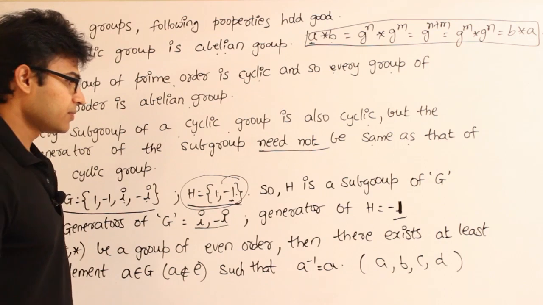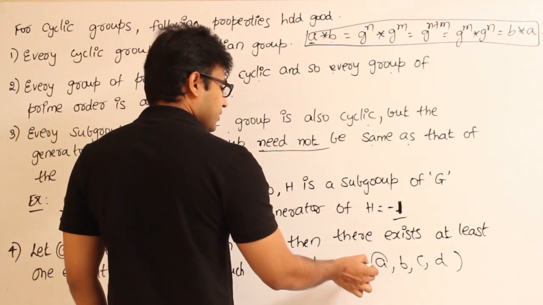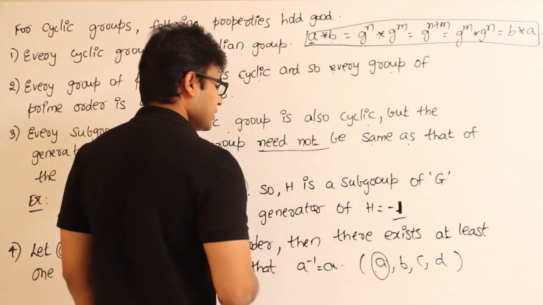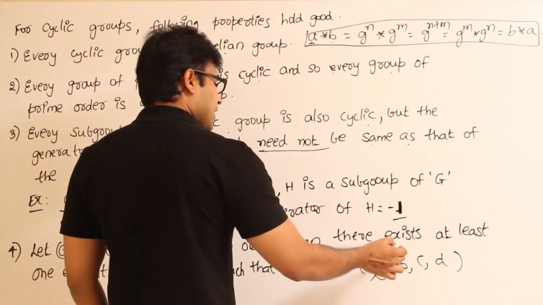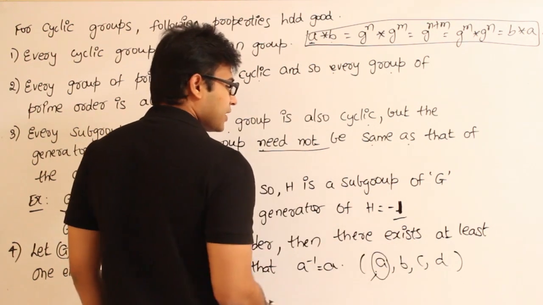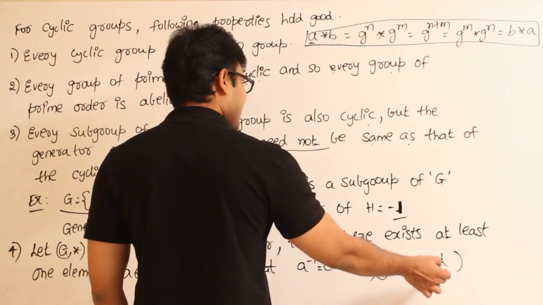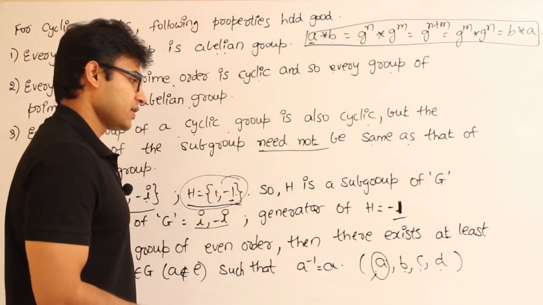And in a cyclic group, it is always true that an identity element is going to be inverse of itself. Let us say A is identity element, then A is going to be inverse of itself. Then what happens if you try to pair up the other elements, let us say B can either have C as the inverse or D as the inverse. Why? Because in a group every element is going to have at least one inverse, right?